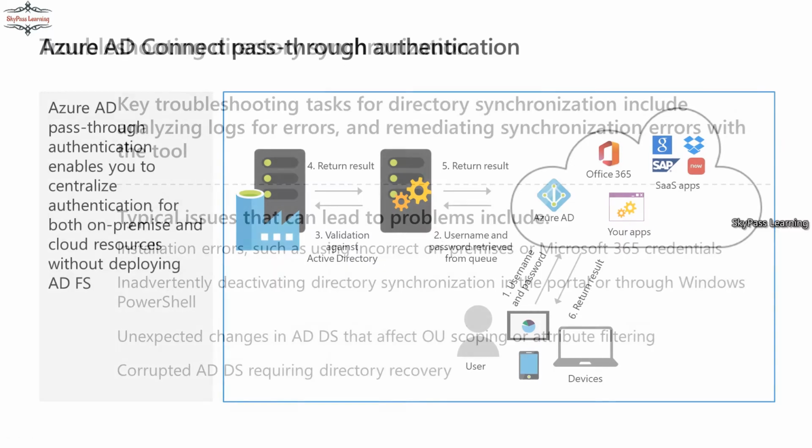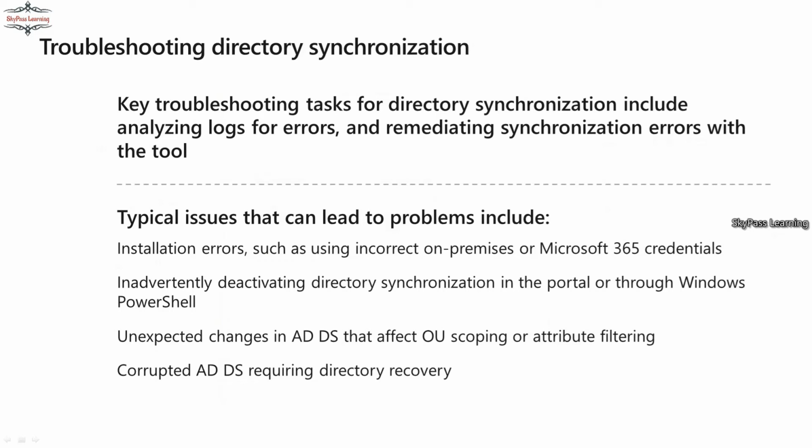I will show how we can do that. For troubleshooting purposes, it's always recommended to look at the synchronization logs. Sometimes, due to some AD attributes, you will get a replication issue with a couple of objects that will show in the error message, and you can troubleshoot it on the basis of your logs. Maybe you will get some credential issues, some synchronization conflicts, some OU attributes issues, or if your directory is corrupted, you will still be unable to replicate the user accounts to the cloud. So these are a couple of things that you have to do in troubleshooting.